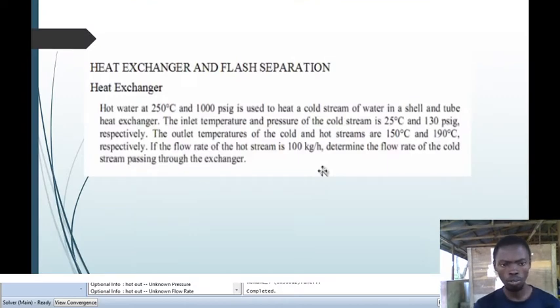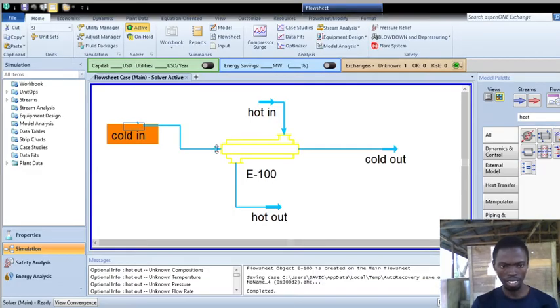So from the question you have hot water at 250 degrees C temperature and 1000 psig. So let's go to our ICs again. How do you do that? Hot water, right? This is your hot water. When you double click on it, what do you have?